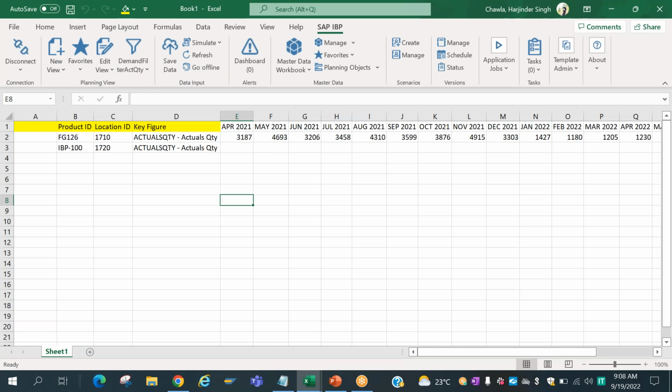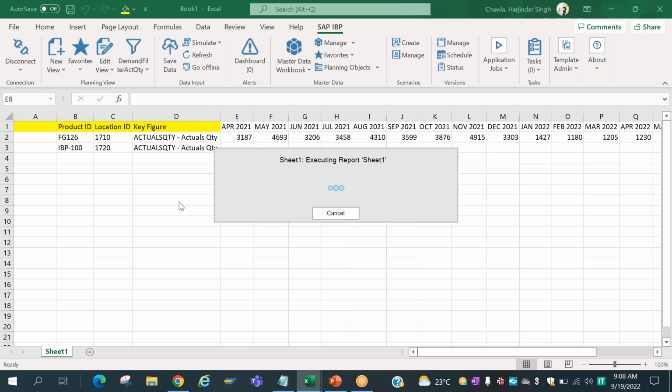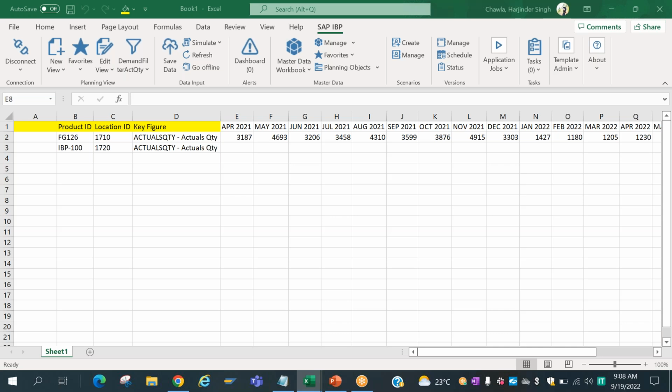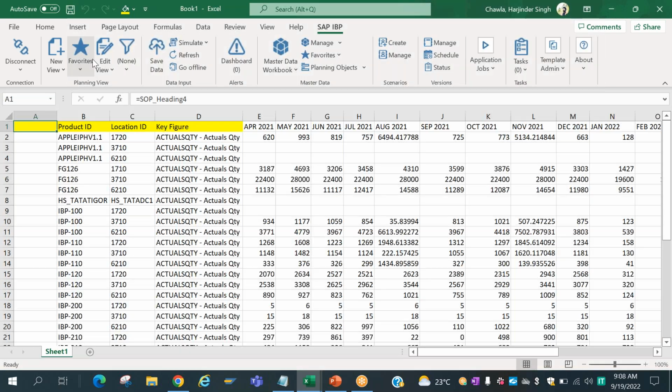Now, for example, this is the filter that we have saved, the demand filter actuals quantity. If I say none, it will just remove that filter. If I want to remove the filter, I don't have to go to the edit view and do that.